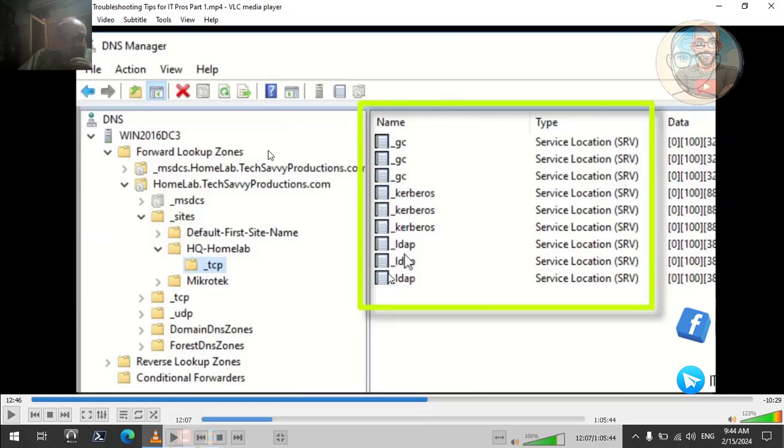So every domain will have a DNS. It will be replicated to the other DNSs in the other domains, and in the whole forest we can see all of these. So this is very, very important. Okay, so if we continue,